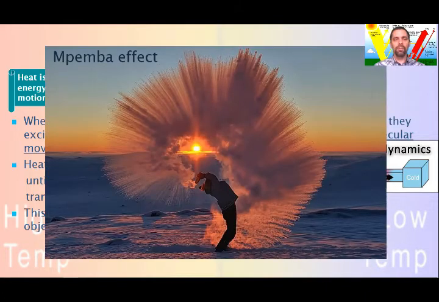One of the causes of an interesting phenomenon, the Mpemba effect. If you take two similar containers with equal volumes of water, one at 35 degrees Celsius and the other at 100 degrees Celsius, and put them into a freezer, the one that started at 100 degrees Celsius freezes first. It is interesting, and to be honest, scientists cannot give a complete explanation about this.